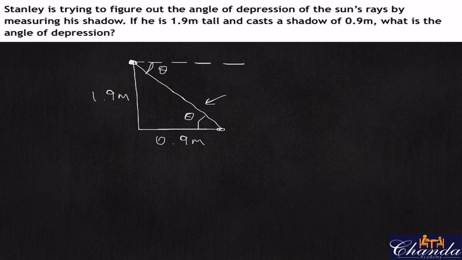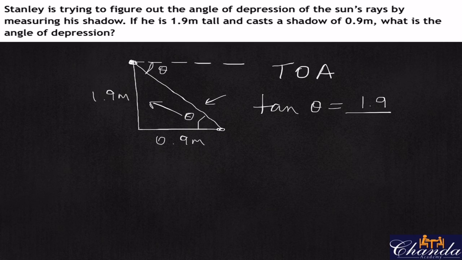So if you were to find the angle of elevation from the end of the shadow to Stanley's head or Stanley's eyes, it's actually the exact same angle as the angle of depression from Stanley to the end of the shadow. Okay, so once again, using our SOHCAHTOA, we know that TOA is what we need to use. So we have tan of theta, which is the angle, and that is equal to the opposite side, which is 1.9, divided by the adjacent side, which is 0.9. Therefore, tan theta is equal to 1.9 divided by 0.9, which gives us